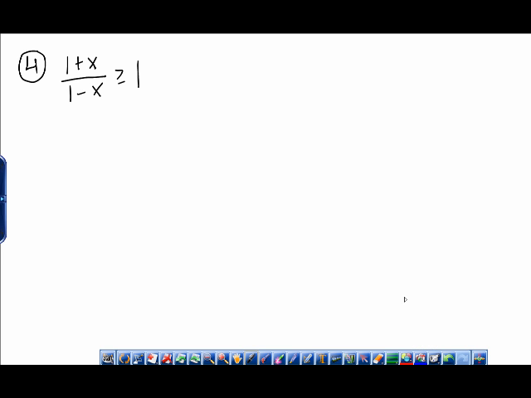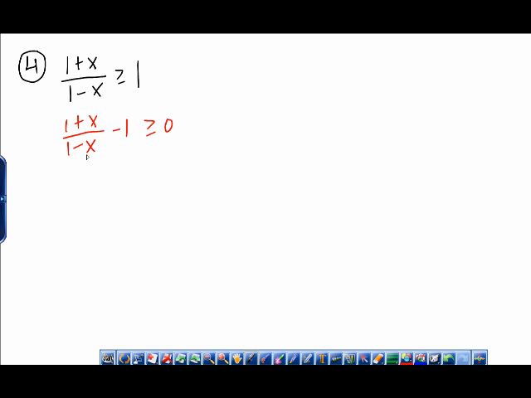because that's a lot easier to do than to compare it to a number, and we need to think about what the graph then looks like. So I'm going to rewrite this as (1 plus x) over (1 minus x), minus 1 greater than or equal to 0. Now I'm not really going to deal with the greater than or equal to much until we get to the test points. If you were to write this as equals, that would actually be okay, because we're kind of solving the equation here,